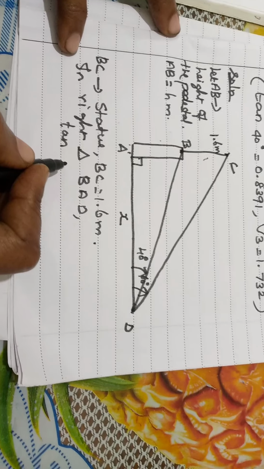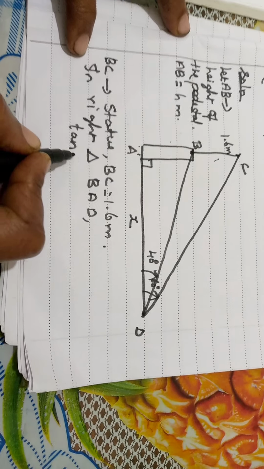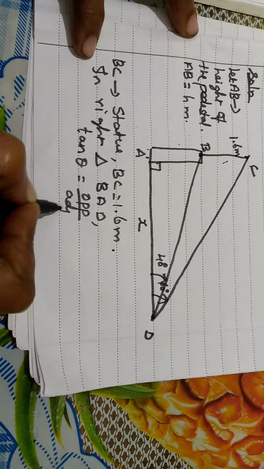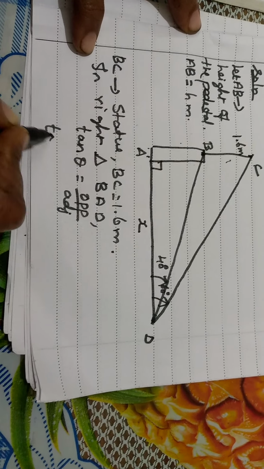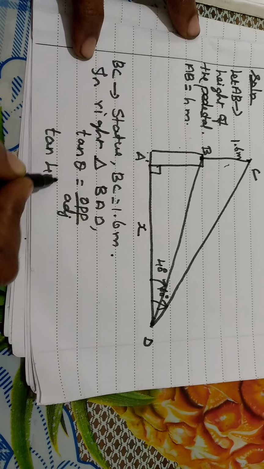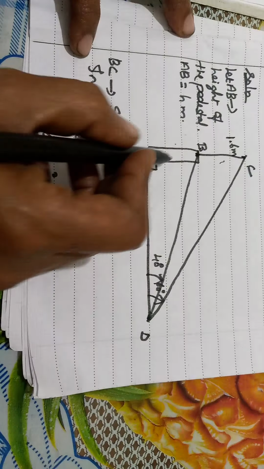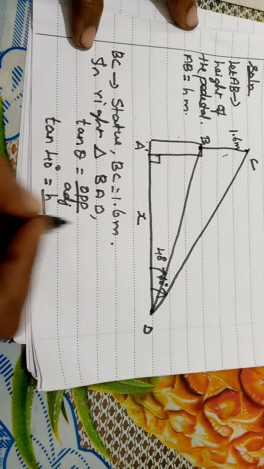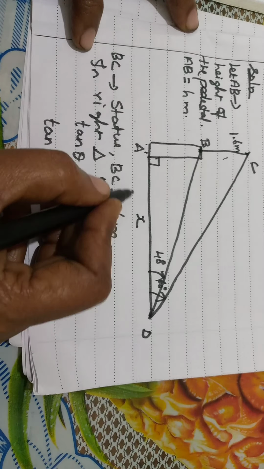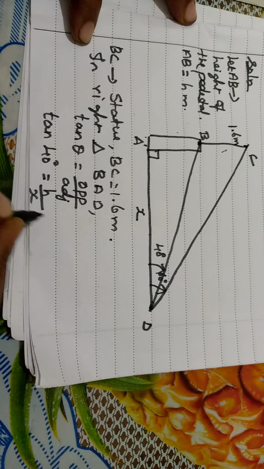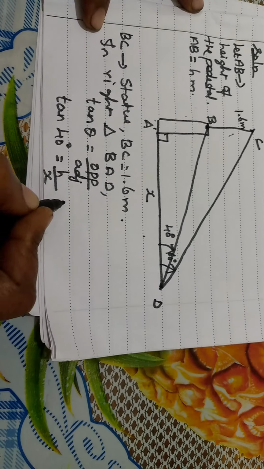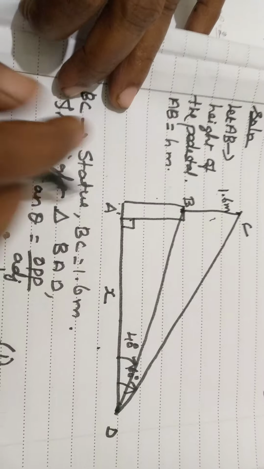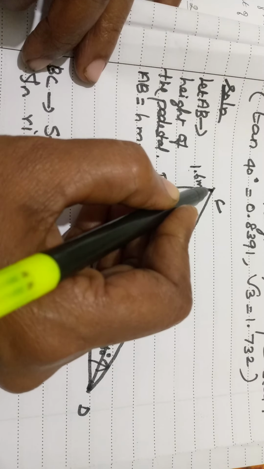Tan theta is equal to opposite by adjacent. Formula, right? So here tan 40 is equal to opposite side we have to find out, that we have taken heights now. Heights by adjacent is AD, that is X. Okay. It is equation number 1. Next we are going to use the right triangle